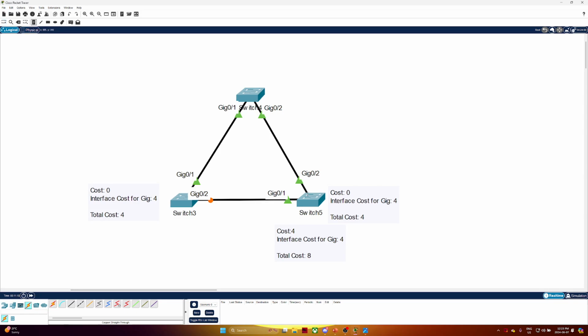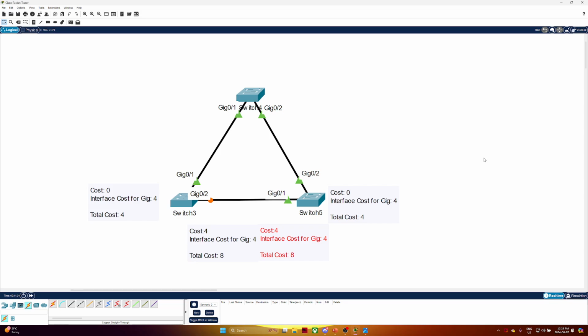Same thing when switch 5 says to switch 3. Well, how do we make a difference here so that we can elect a normal port? As you can see, one of the ports is down and one of the ports is up. Right now it's in a blocking state. And the way they determine which port to be